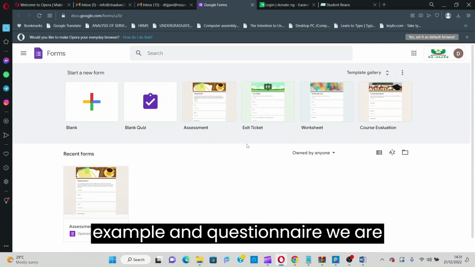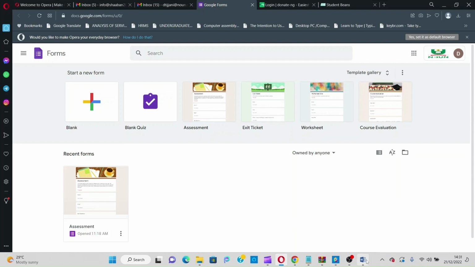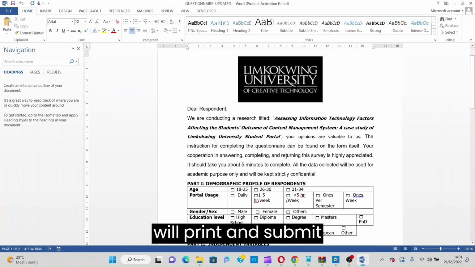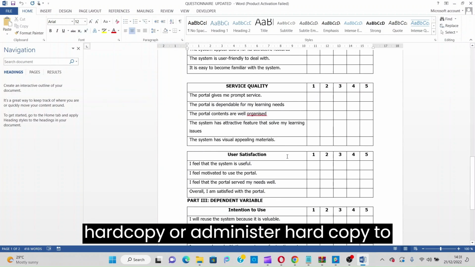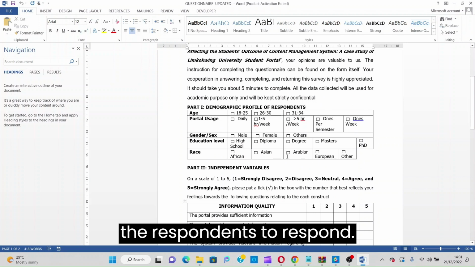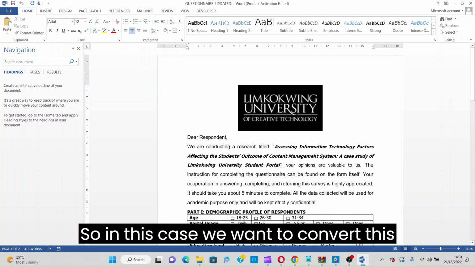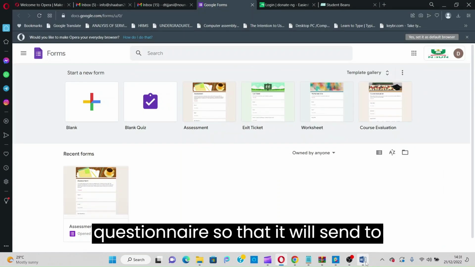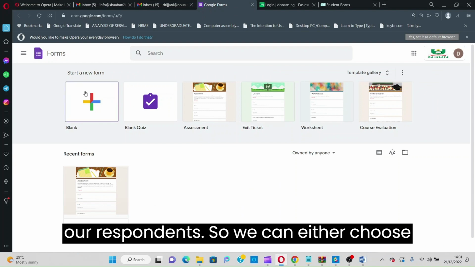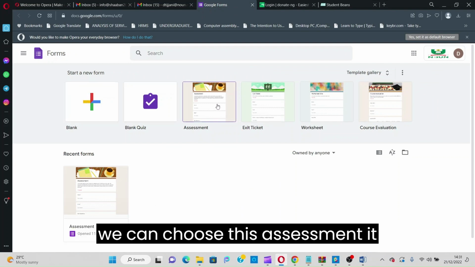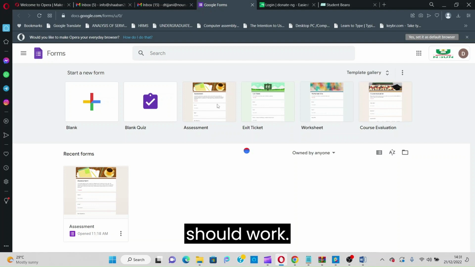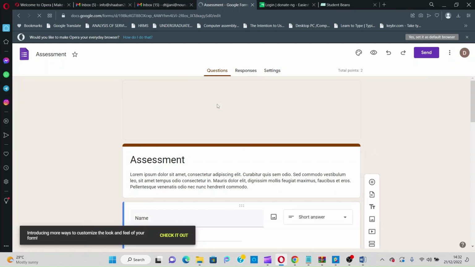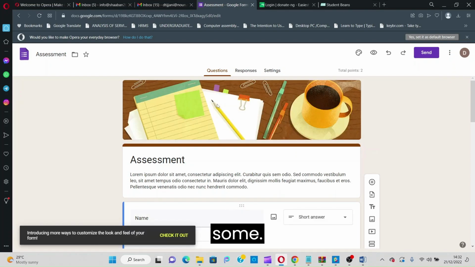example and questionnaire we are developing, we will be mimicking this, which is a questionnaire that a student will print and administer as a hard copy to the respondents to respond. So in this case, we want to convert this questionnaire into an online questionnaire that we will send to our respondents. We can either choose to start from blank, but to save time, we can choose this assessment. It should work perfectly well for our purpose, and then we'll just start by doing some